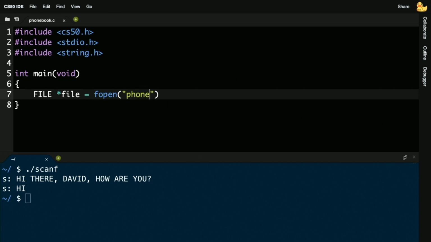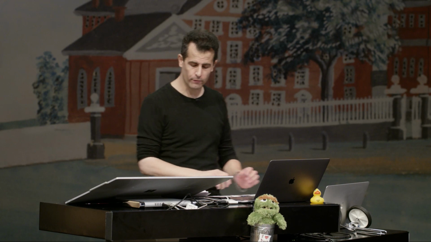And fopen takes 2 arguments. The first argument is the name of a file you want to open. I'm going to open a file called phonebook.csv. And then I'm going to open it specifically in append mode. Long story short, you can open files in different ways. To read them, that is just look at their contents. To write them, which is to change their contents entirely. Or to append to them, A, which means to add row by row to them. So to keep tacking on more information to them.